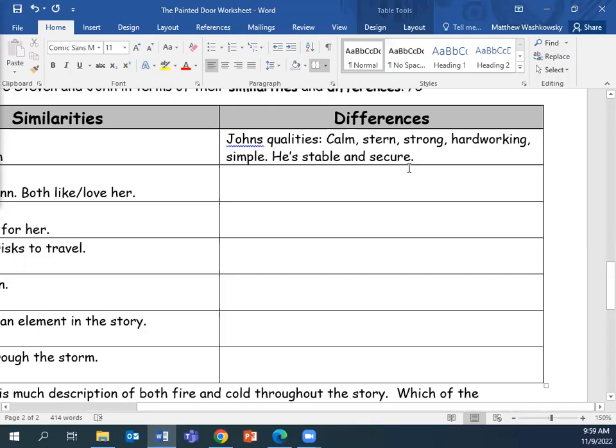But not a simple life, a good life. He really cares about Anne. He thinks the world of Anne, right? We have proof of this later. So let's talk about